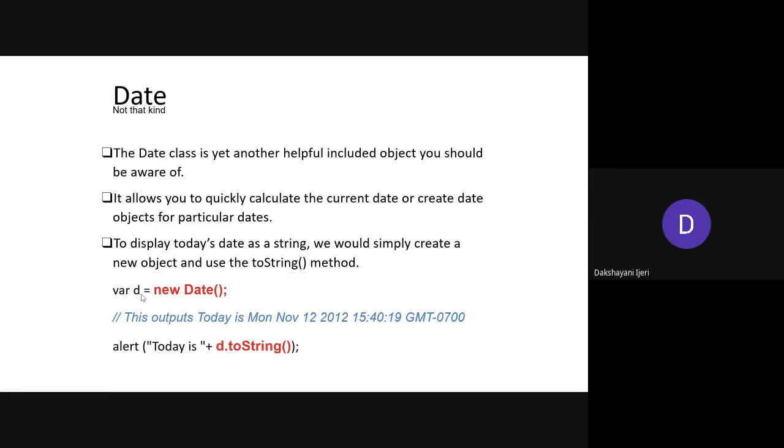So wherever you are executing, the current date associated with that system is going to be printed. And if you want to print it with a particular string, you have to convert it into a string by using the toString method here. Okay. So you don't have much functionality with the date. It is either used to get the complete date, or else you can stick to the year, month, or only the day or the week.